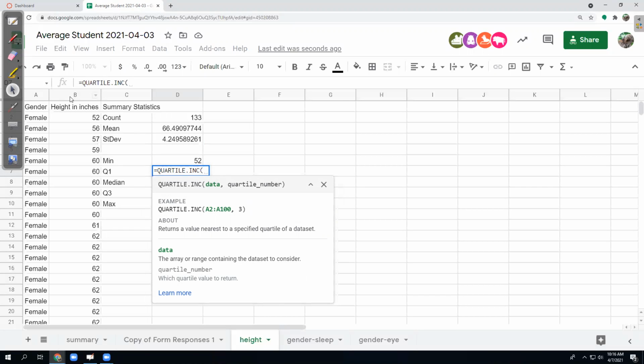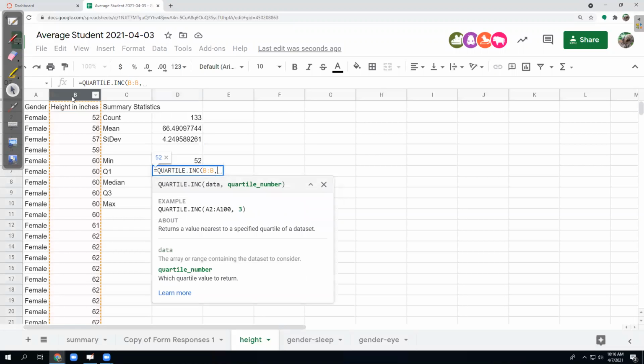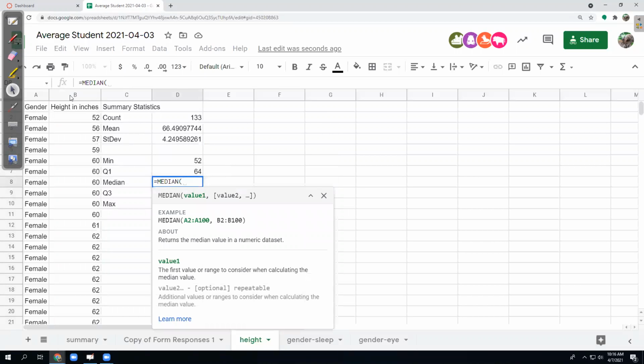So pretty straightforward data, but this time it wants to know which quartile I want, 0, 1, 2, 3, or 4. And so I want the first one here. I got to tell it that. Also, median, just median data,